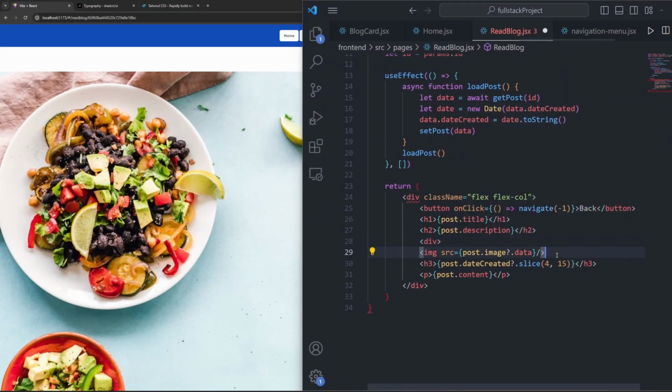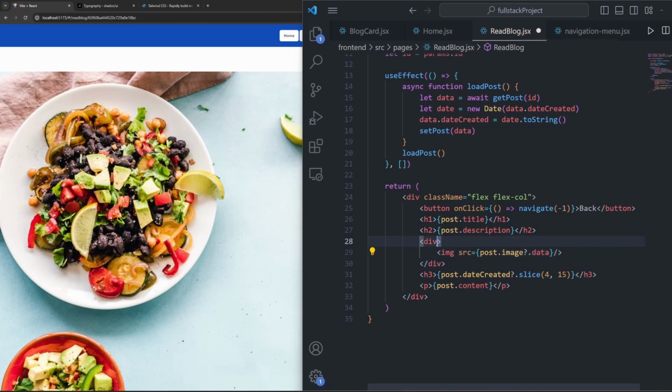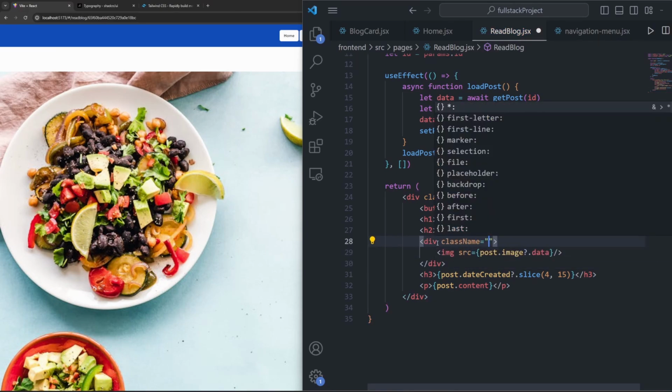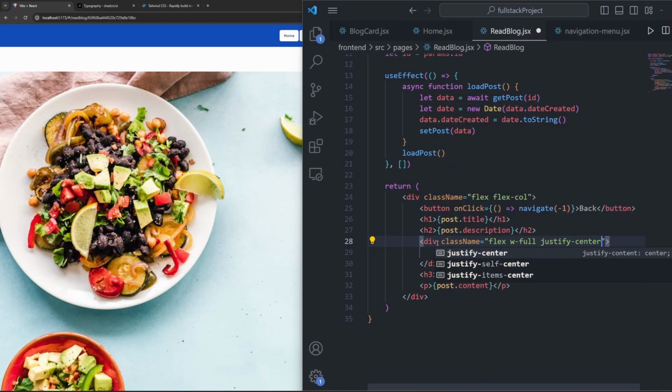So I'll take this closing tag, surround this image tag here. I'm going to give this a class name, we'll give it a flex, so it's flexbox. Let's say width full, and then let's say justify center. And then for the actual image itself, I'm going to go ahead and extend this class name here,